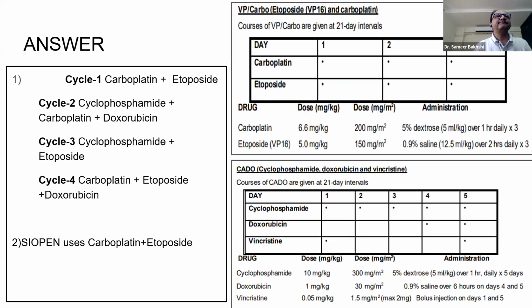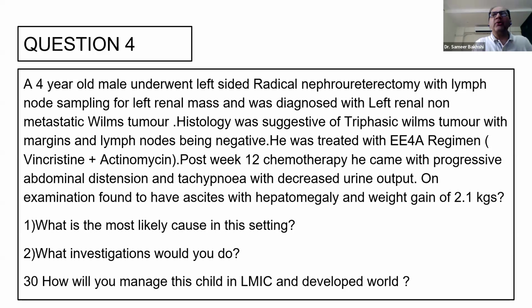Next slide. Here you have a 4-year-old boy who underwent a left-sided radical nephroureterectomy with lymph node sampling for a left renal mass, and he was diagnosed with a left renal non-metastatic Wilms tumor. Histology was triphasic Wilms tumor with margins and lymph nodes being negative. He was treated with the EE4A regimen, which is VCR and actinomycin D. Post week 12, he came with progressive abdominal distension and tachypnea with decreased urine output. On examination, he has ascites, liver enlargement, and weight gain of 2.1 kg. So before I go to 12 weeks, I want to ask you